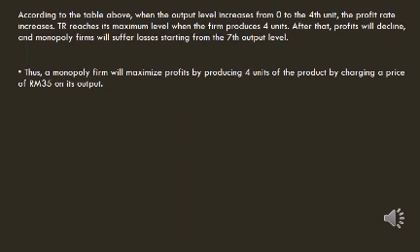According to the table above, when the output level increases from 0 to the 4th unit, the profit rate increases. TR reaches its maximum level when the firm produces 4 units. After that, profits will decline and the monopoly firm will suffer losses starting from the 7th output level. Thus, a monopoly firm will maximize profits by producing 4 units of the product at a price of 35